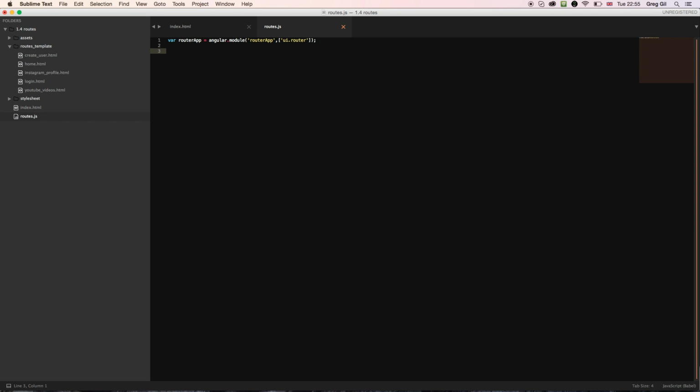So our application routerApp, in a config phase, and in a callback function it takes this dependency, which is ui.router, and we need to inject $stateProvider from it. State provider is going to provide us state for all the routes. So let me do it straight away. So our state provider